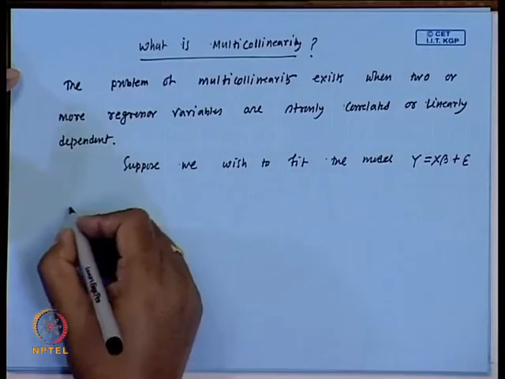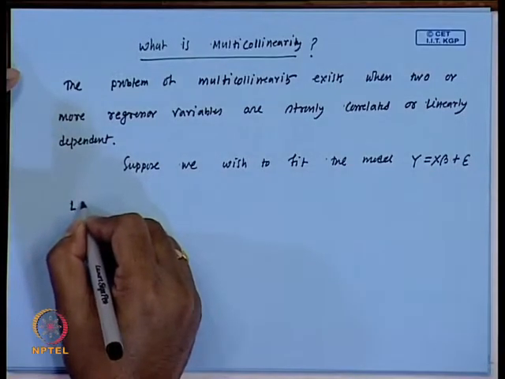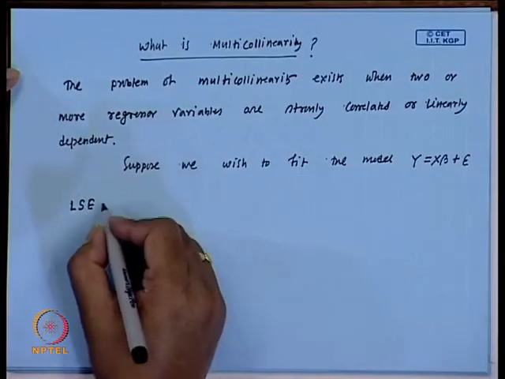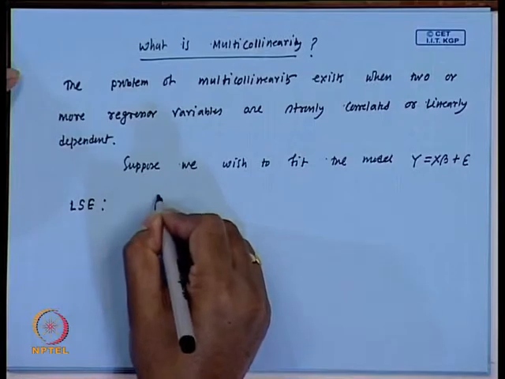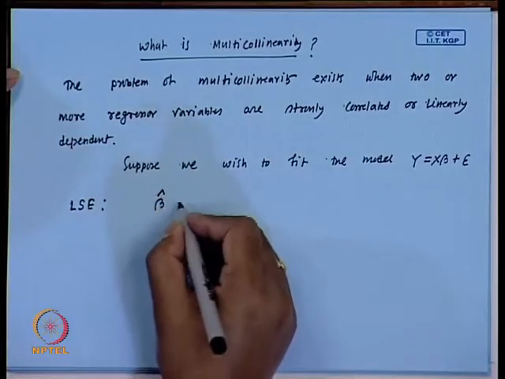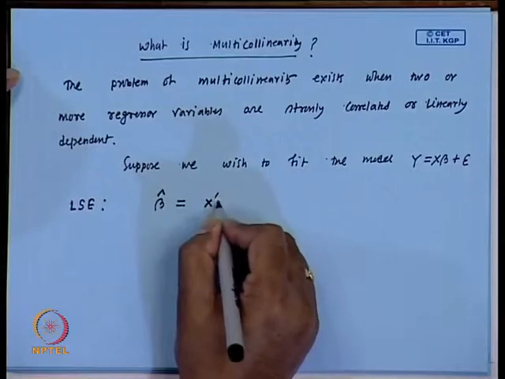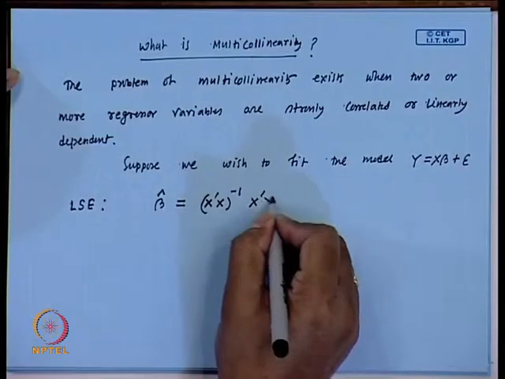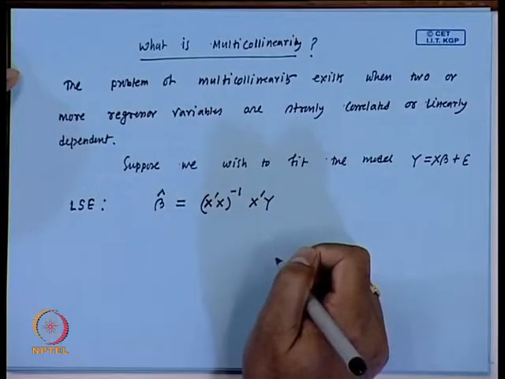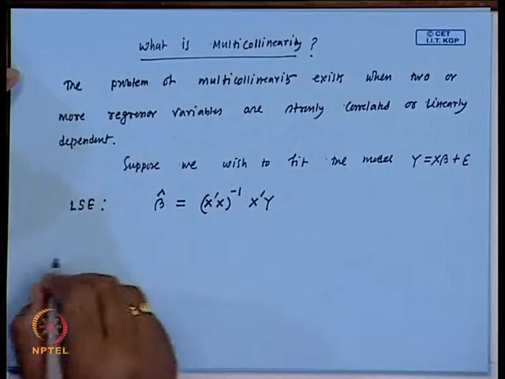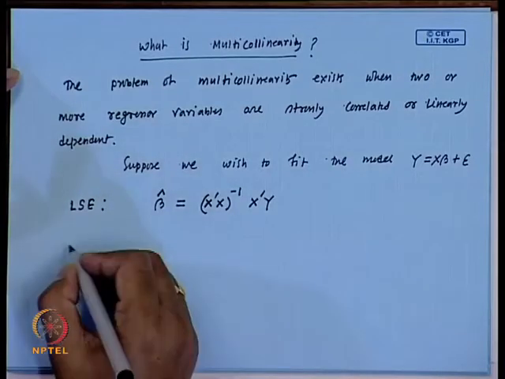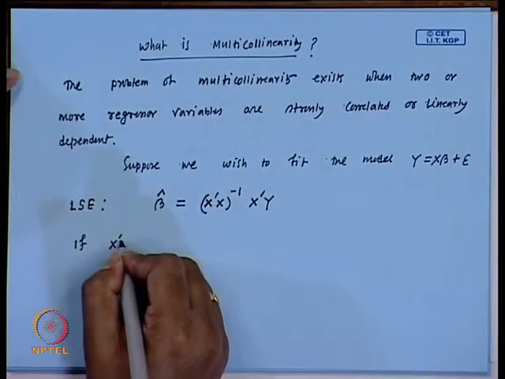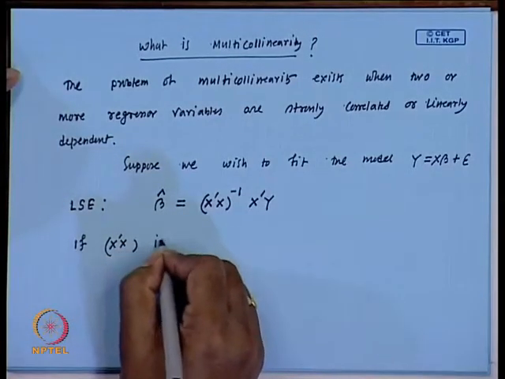Okay. So, we know that the least square estimate of beta is beta hat equal to X prime X inverse X prime y. Okay. So, now if X prime X is singular,